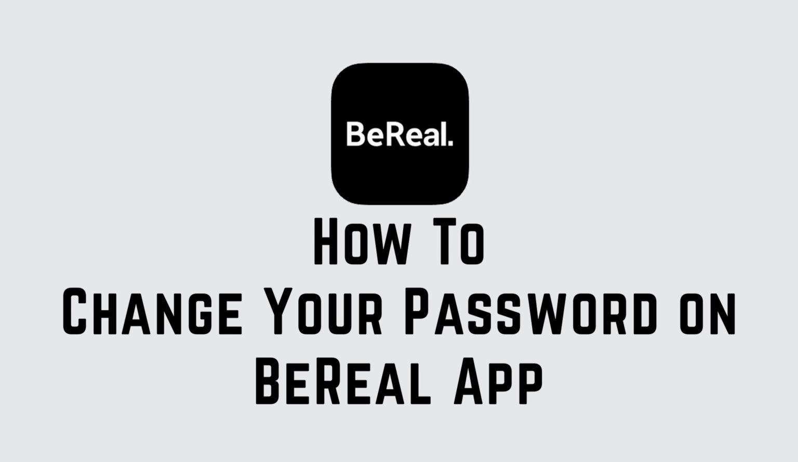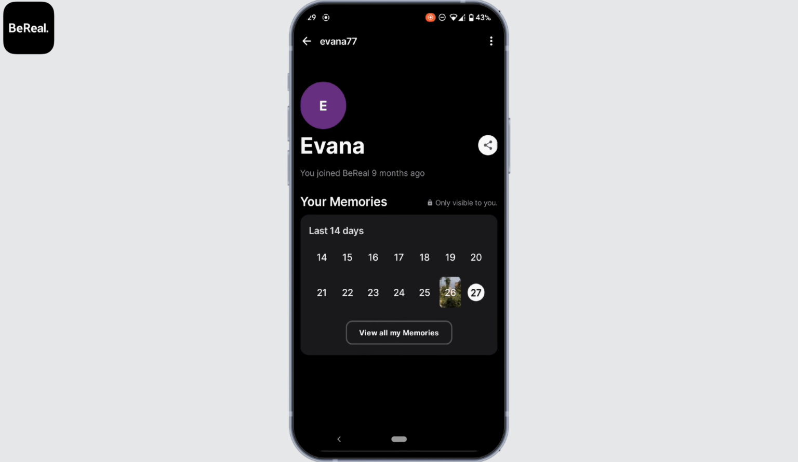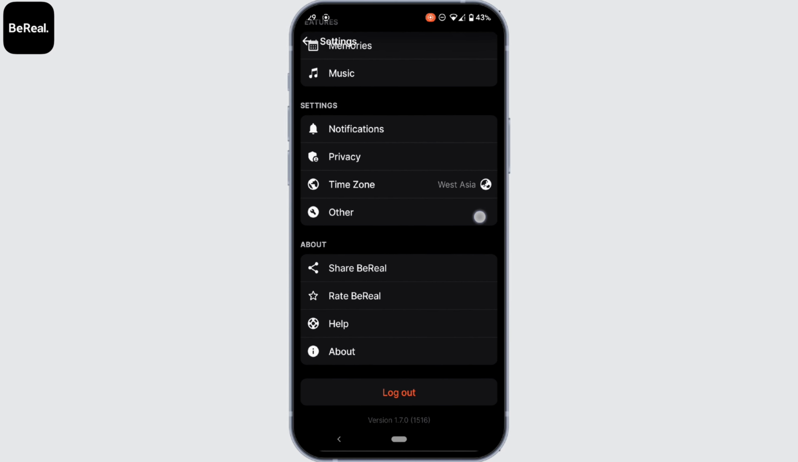How to change your password on BeReal app. First of all, head over to your application BeReal. Tap on your profile at the top right corner. And then tap on this three dot. So right here you can see that there is no option where you can change your password of your